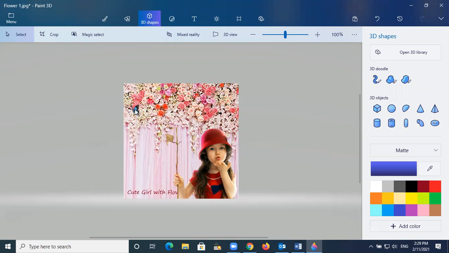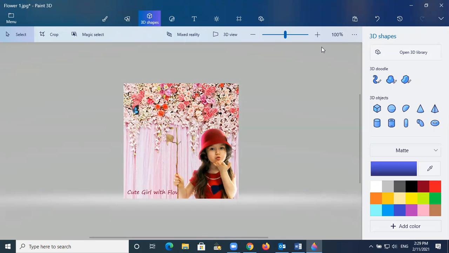I have only the smaller butterfly here, I put it on the picture. So only these three things are necessary. Choose any two pictures, but the background picture must be the one where you cut these things and then come and paste it here. And then next you add the text. And after that, you add one of the 3D shapes. You go to open the 3D library and choose one of the shapes. So this is the task that you need to know.